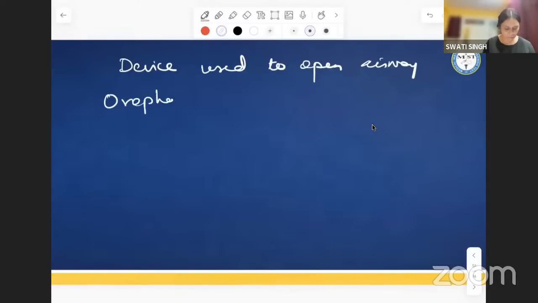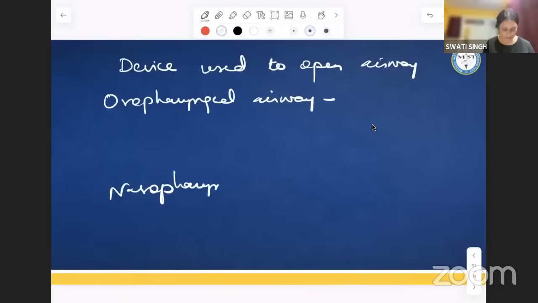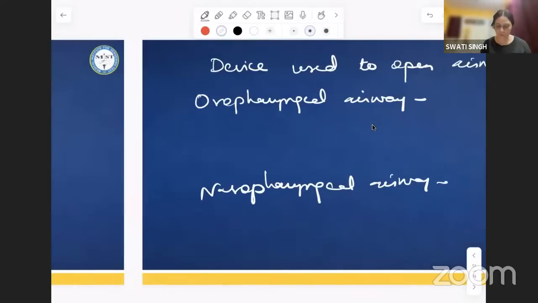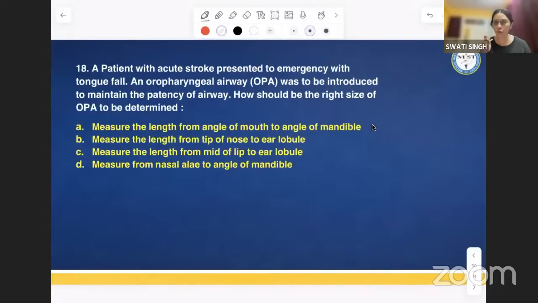Oropharyngeal airway, OPA. Or nasopharyngeal airway. Now, both of them come in assorted sizes, different sizes for every person. So first thing which we do when we put it, choose the correct size. So for OPA, measure the length from angle of mouth to angle of mandible. And most of you have given me the right